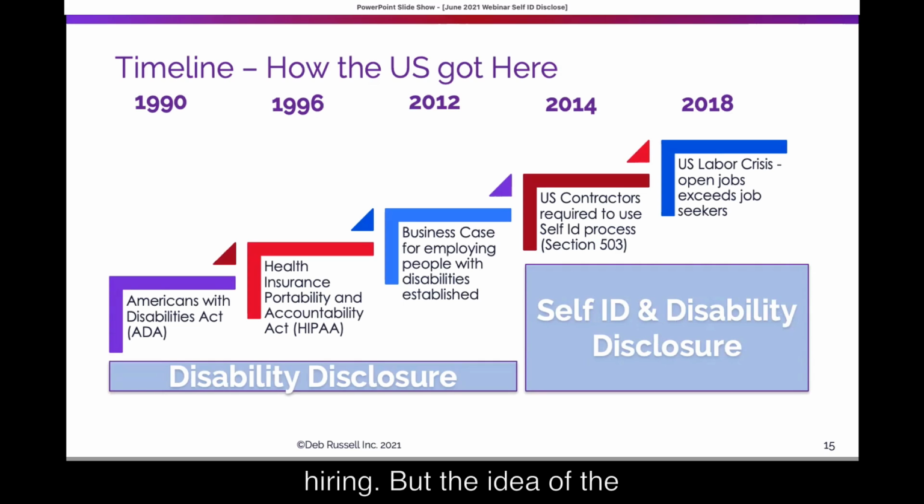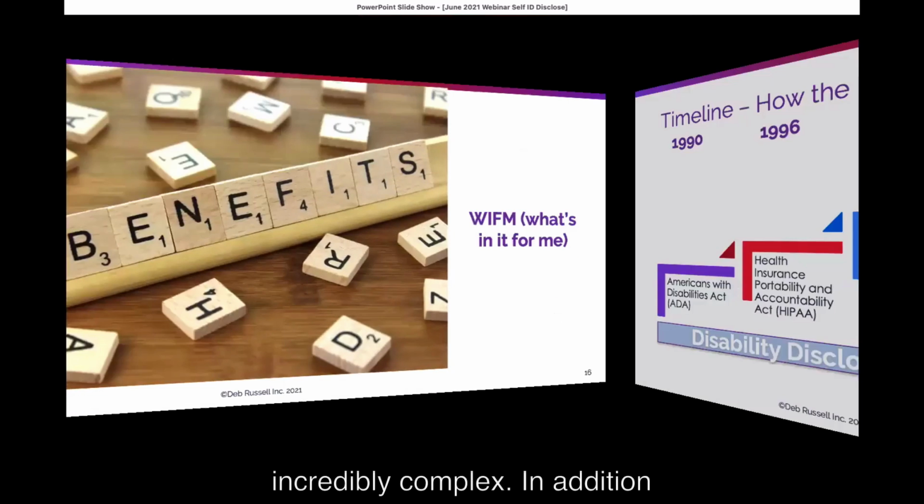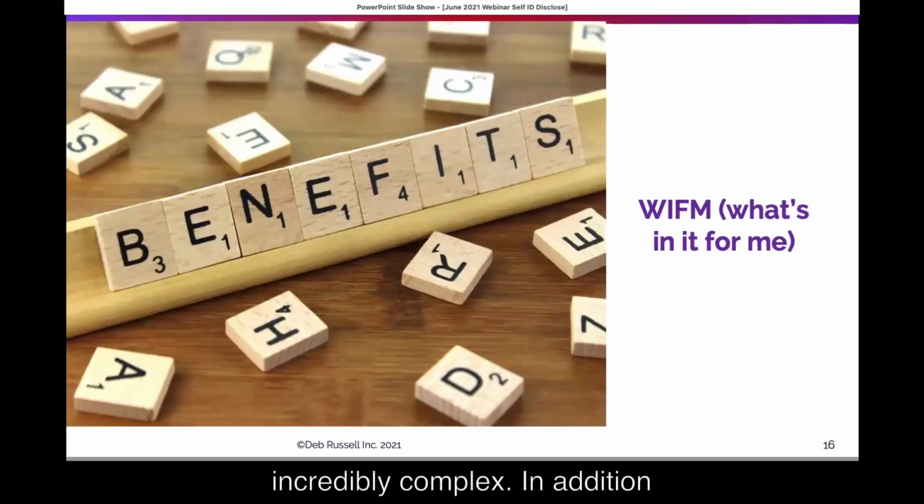But the idea of the disability and all of the baggage that comes with the idea that you shouldn't know that somebody has a disability, you're opening yourself up to opportunities for discrimination lawsuits, and then the federal contractor self-ID layer on top of that just made this topic incredibly complex. In addition to that,